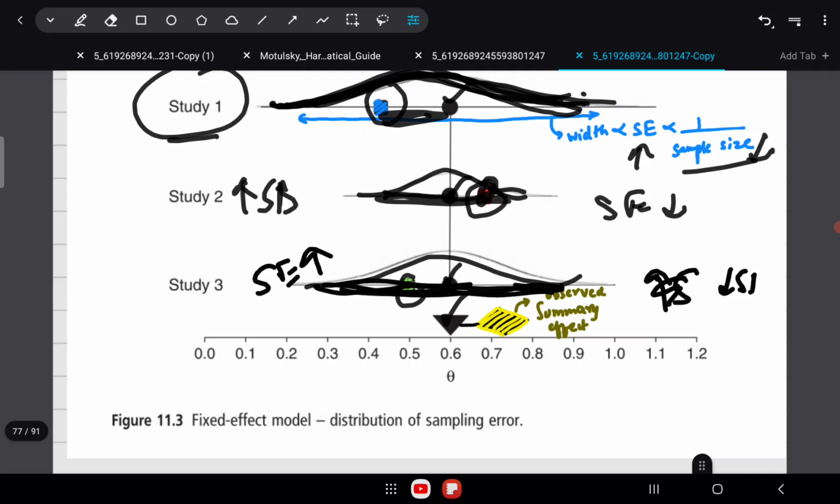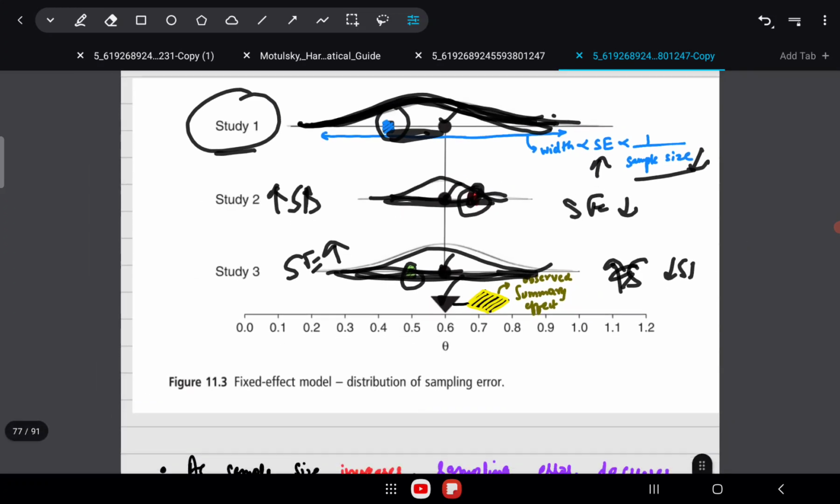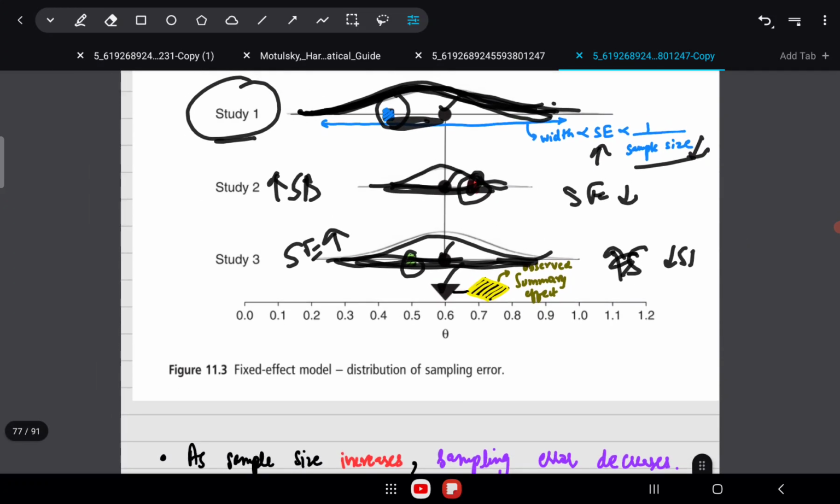So these are the distributions of sampling error, and it makes sense that in those studies which have a large sample size, the width of the distribution of sampling error would be less, because in those studies, because of the large sample size, the sampling error would be less. So the standard error, which is like the width of this distribution curve, will be less. And let's assume we had a study which had an infinitely large sample size, then this width will be almost 0, because the observed effect will approximate the true effect, okay?